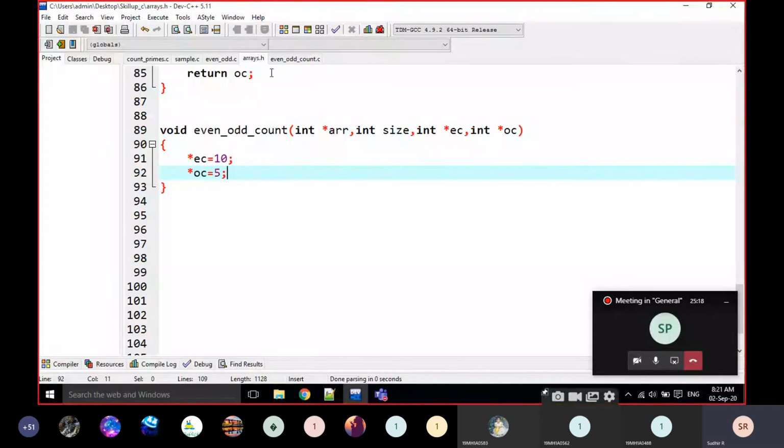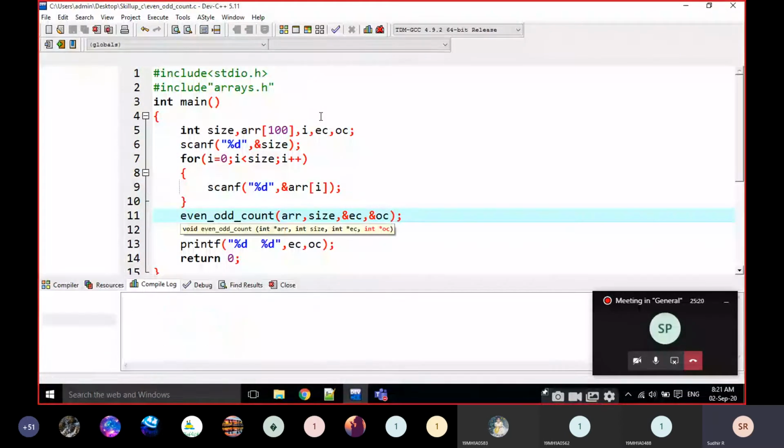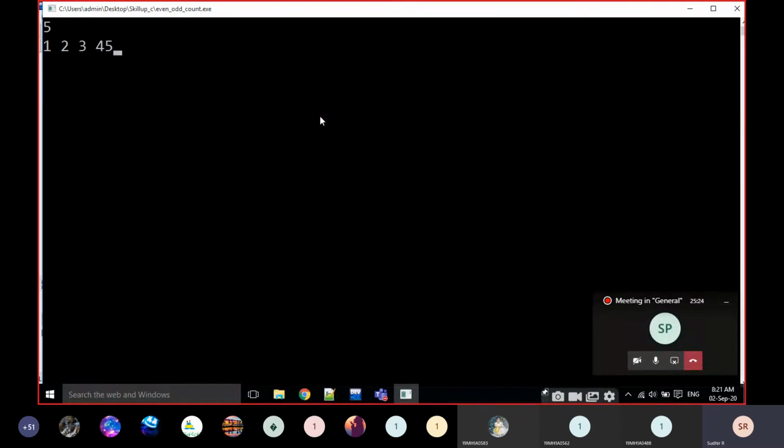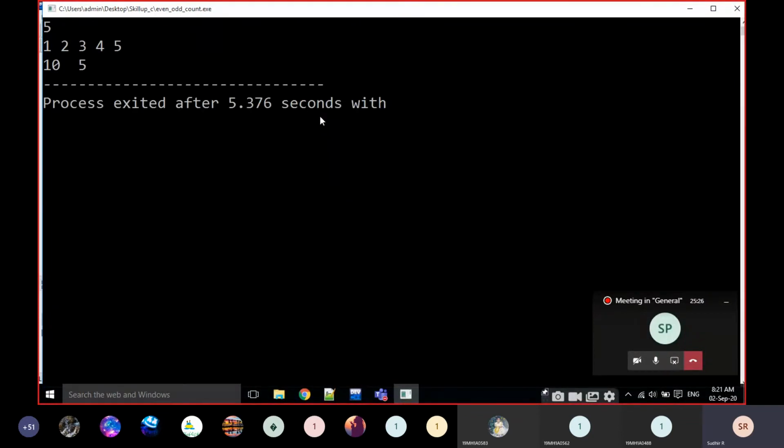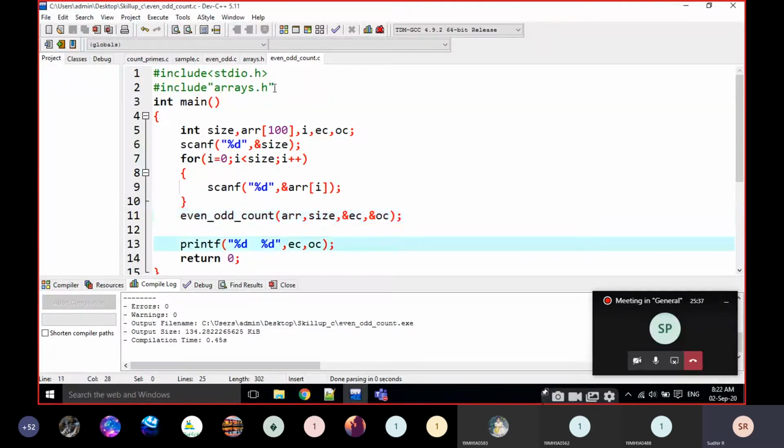Okay, now I am going to execute. 1 2 3 4 and 5. Just look here at the values modified in the function. Yes, it is coming 10 and 5, right? Why?